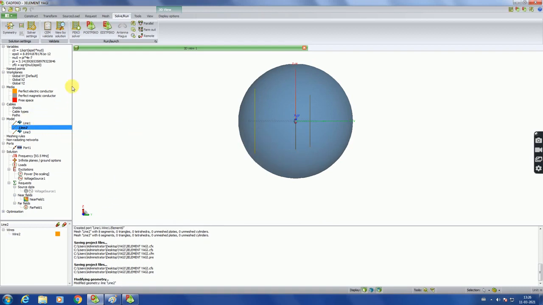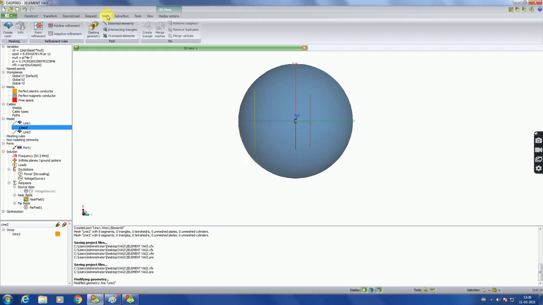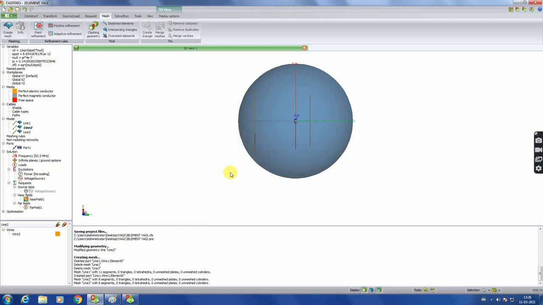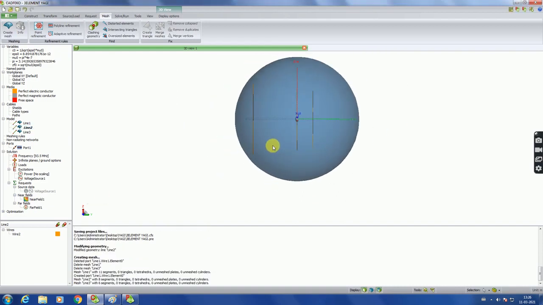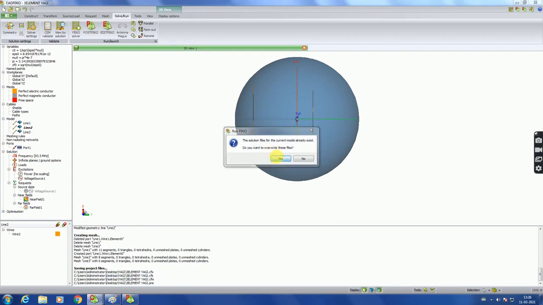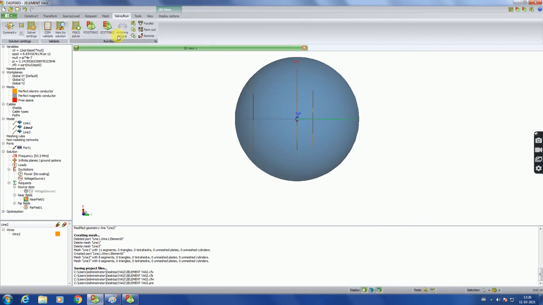Then your line 2 is not meshed now. You have done some alteration in your line 2, that should be meshed. So again you need to mesh. Create mesh. Then as usual, if you do meshing, the altered line 2 is meshed here. Then you go for solve and run. You try to replace the already saved file, and now if you go for the result,